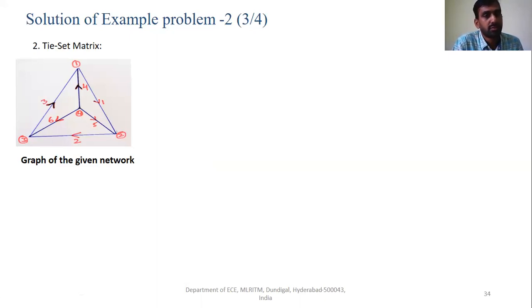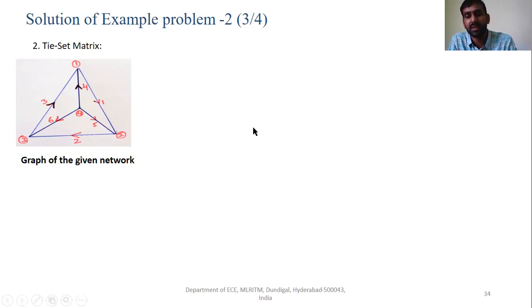So to find the matrix, let us know how many links there are for the given graph. For this, we first have to obtain the tree and the cotree of the given graph.